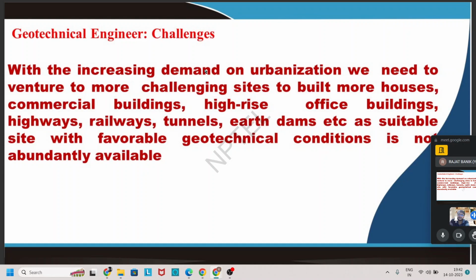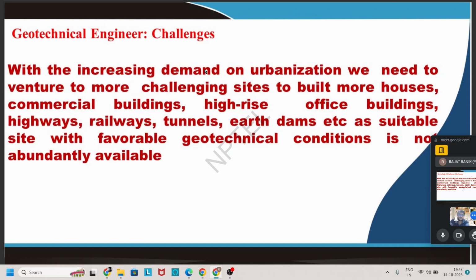It is said that with increasing demand from urbanization, we need to venture to more challenging sites to build more houses, commercial buildings, high-rise office buildings, highways, railways, tunnels, and earth dams,